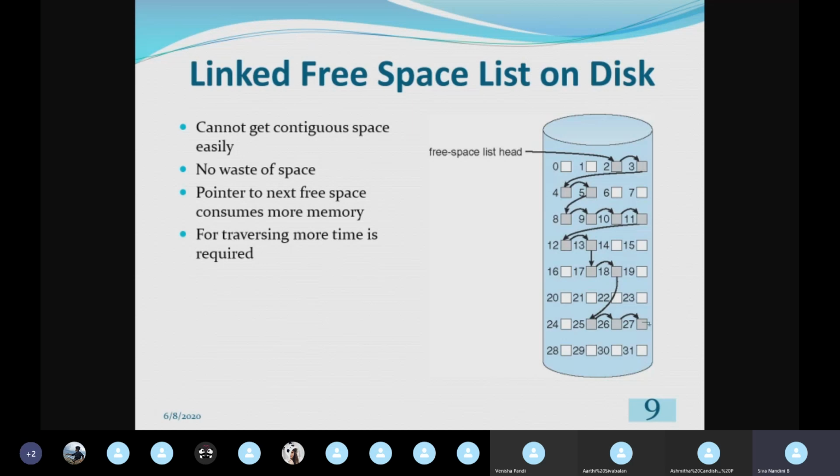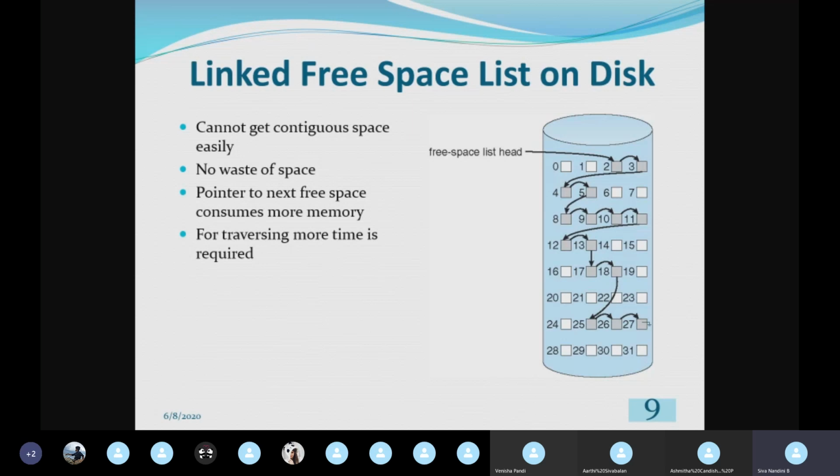Okay. So here, the free logical blocks are given in the ash color shaded portion. From 2 to 27, we are having free blocks. All those free blocks are linked. In the linked free space technique, we have links between all the free space.